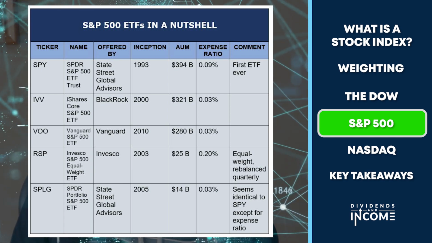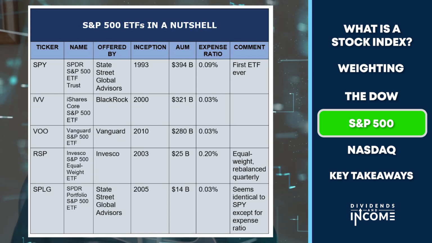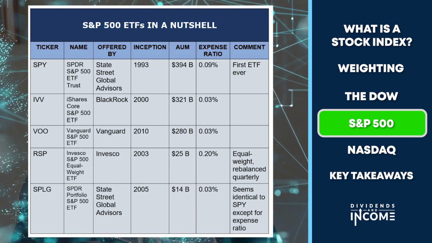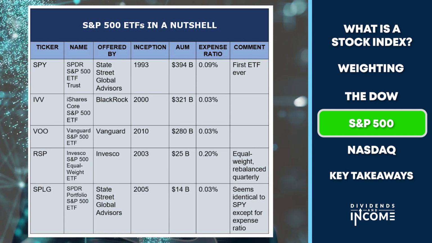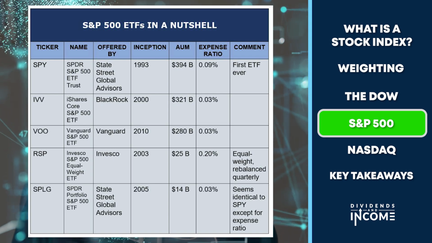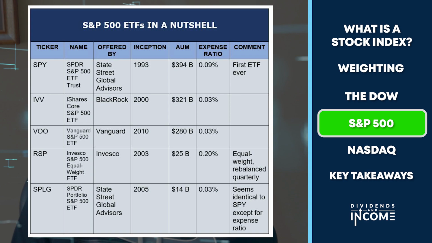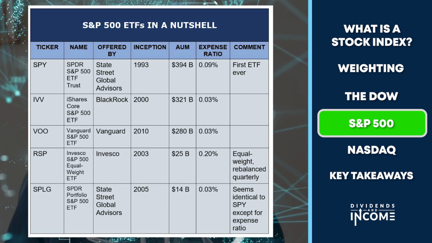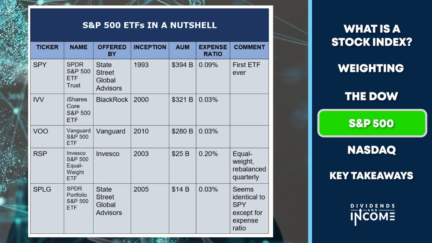But they didn't reduce the expense ratio on SPY, the biggest one here, because they have so much assets under management. And believe me, the difference between a 0.03% expense ratio and a 0.09% expense ratio ends up meaning millions and tens of millions and more dollars in fees State Street collects from SPY than it collects from SPLG. To wrap up this part of the discussion of SPY, just a couple of interesting facts for you.